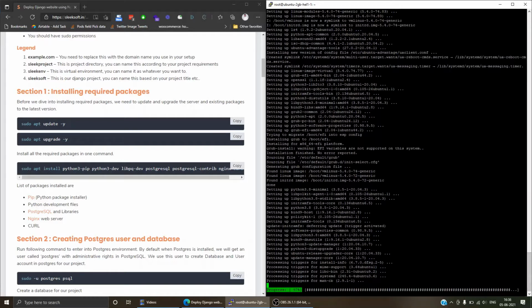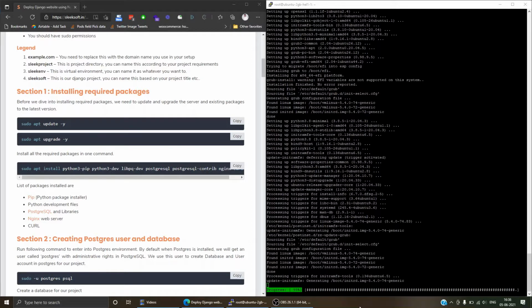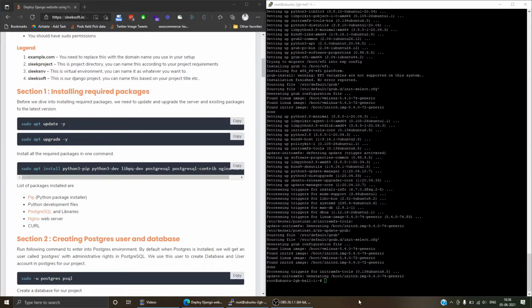You can see the progress here. The upgrade of all the packages is in progress. You're almost there. Perfect. Now we have updated the Ubuntu OS to the latest version, and we have upgraded all the existing packages in